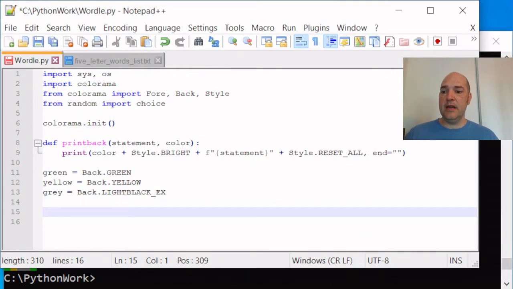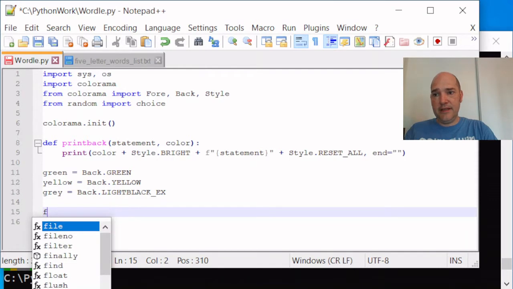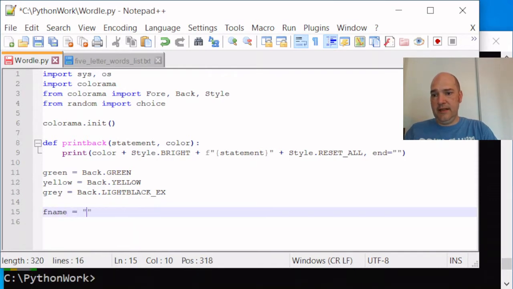Okay. So the next thing we want to do is very simple. So this will be hopefully a relatively short tutorial. There's a small amount of nuance to it, and we'll tackle that as it comes. So I have a formula that I use all the time for opening and reading a file as a list of lines, and that formula goes like this. We will have a file name, and that's going to be